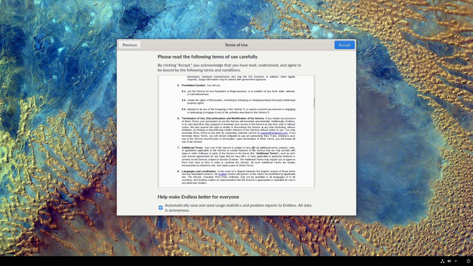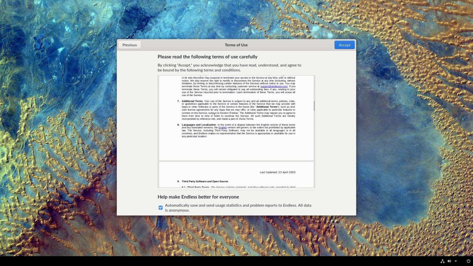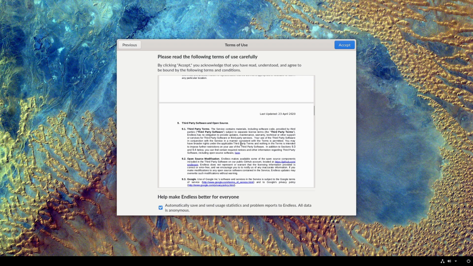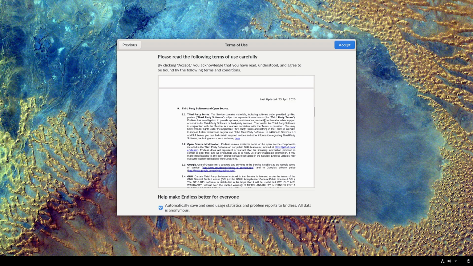Obviously, they're going to tell you don't do illegal stuff with our system, and they don't allow you to do that. Language and localizations. Third-party and open source. So there is a lot of third-party tools baked into the operating system by default. That in and of itself is a huge problem. And basically, by using the software, you agree that anything they're doing is subject to their privacy policies, and you don't really have much of a say. There's some things you could do. You could possibly move some things around, but it's not going to be easy to do.